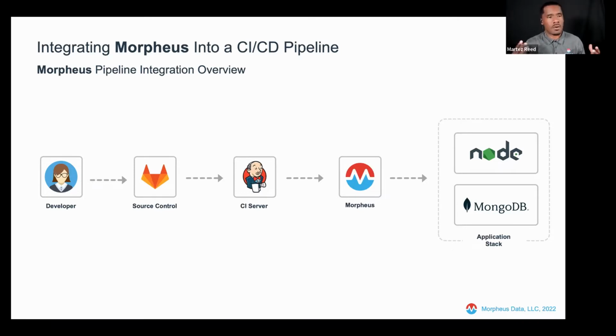So for those that are aware, typically one of the major reasons for utilizing the Morpheus platform is to be able to leverage its ability to build out application stacks or instances or virtual machines on-prem or in the public cloud. It's a natural capability to be able to tie that into a CI/CD pipeline, especially when you're talking about the ability to stand up ephemeral environments for testing